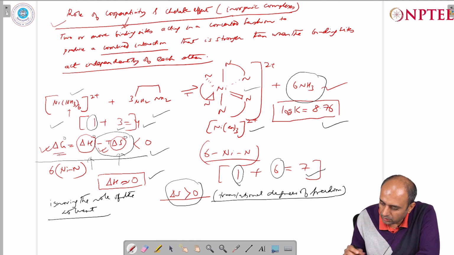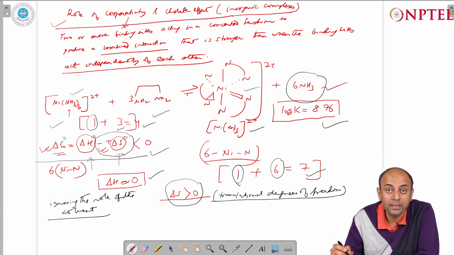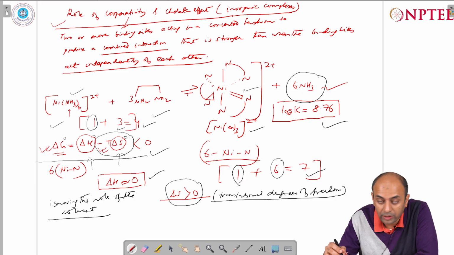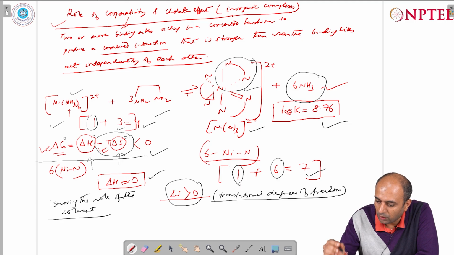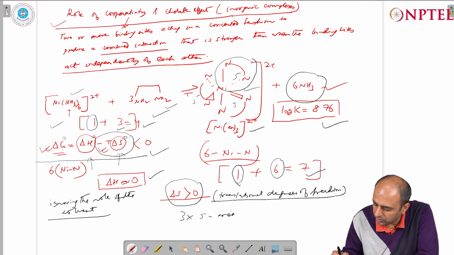So this process is such that there is an increase in the number of rings on the right hand side. On the product side, you have this chelate ring which is formed. If it's diaminoethane, it is a 5-membered ring. This is a 5-membered ring. This is a 5-membered ring. So there are 3 5-membered rings formed,